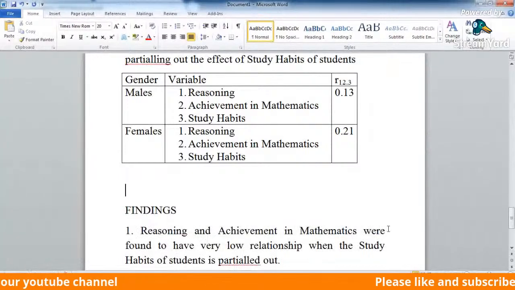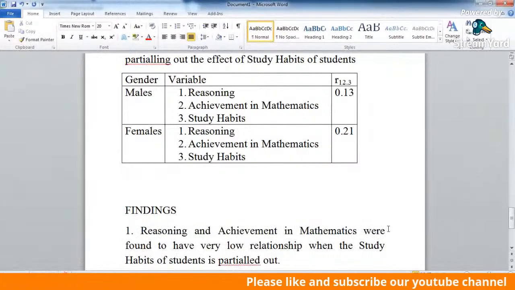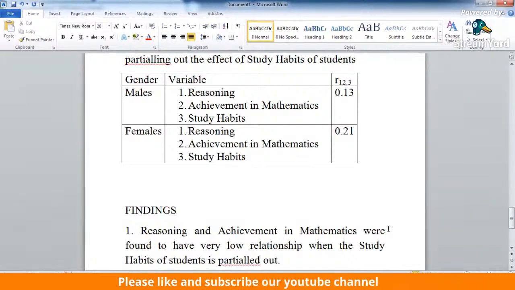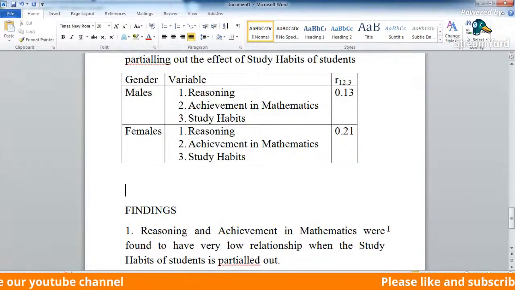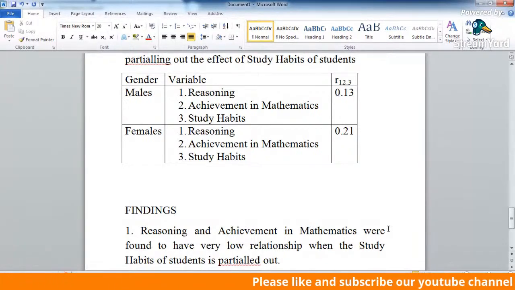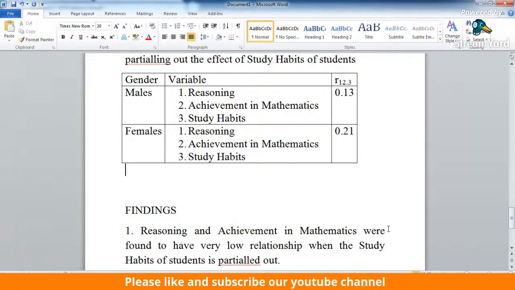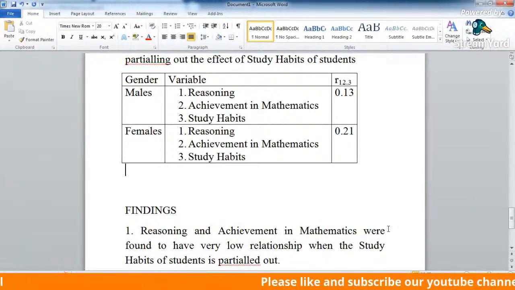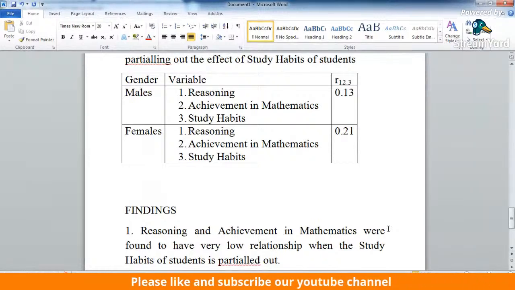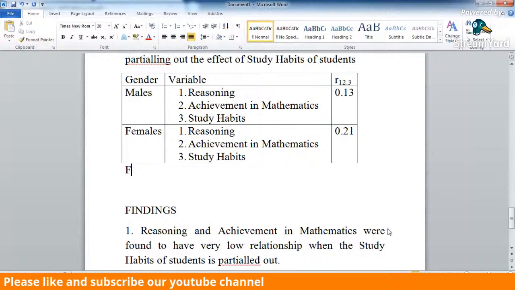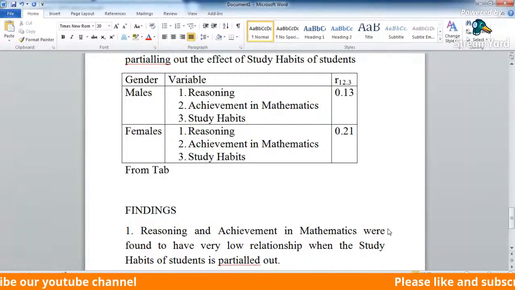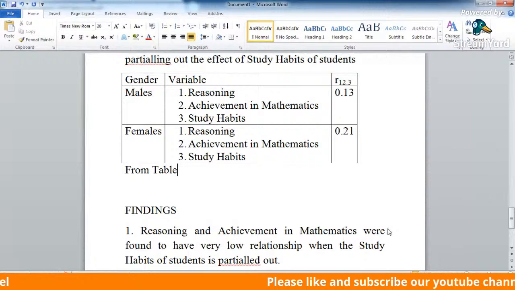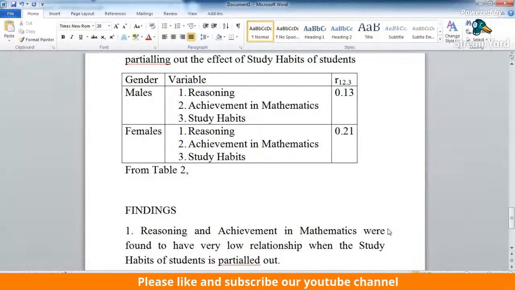Now first, because I have written males, so first I have to interpret the results of the male, and then I have to interpret the results of the female. If I write the female first, then I have to interpret the results of the female first and then the male. So maintain the same sequence which you have written in your objective also. So I'll say from table 2, it is evident